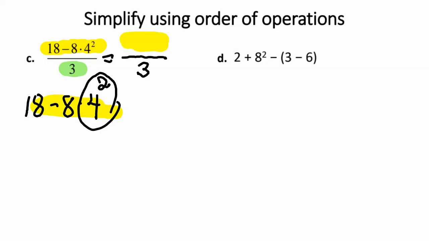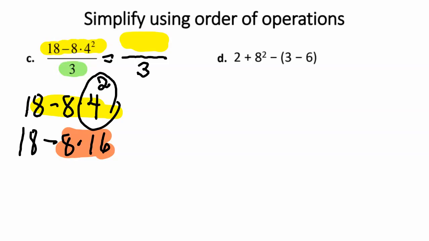So this is 18 minus 8 times 16. Notice I did not take the 18 minus 8 and write 10. No. Order doesn't say I can do a subtraction yet,